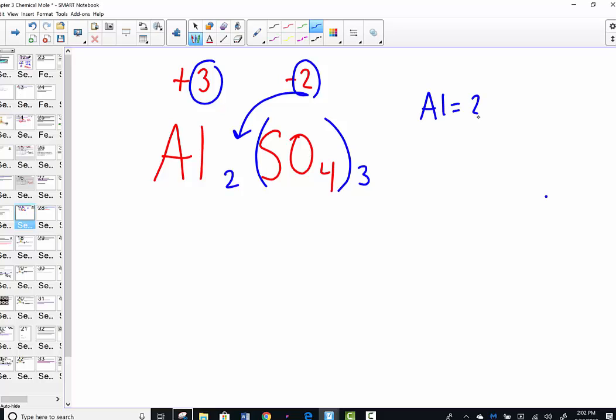Aluminum, there are 2 of them in that formula. And when I find the molar mass of aluminum, I would call it 27.0, carrying the 1 decimal. When I find sulfur on the periodic table, it rounds to be 32.1. How many sulfurs are